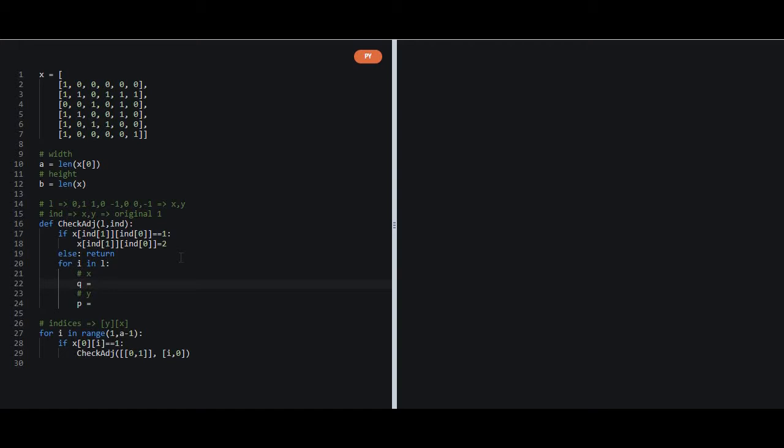So the first value would be x, so we can write ind 0 plus I 0, and our y would be ind 1 plus I 1.